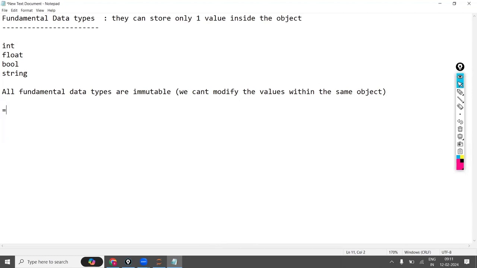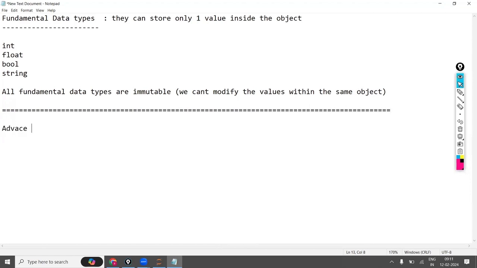Now coming to the next one, today's topic. We are going to discuss advanced data types. What is the purpose of creating these advanced data types? They can store multiple values inside a single object.